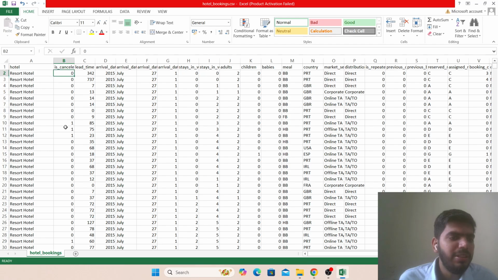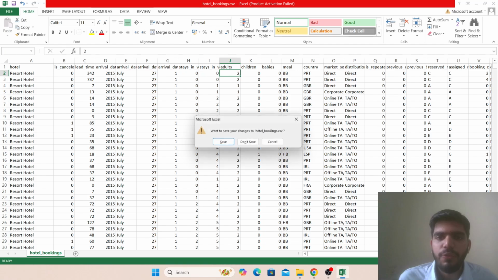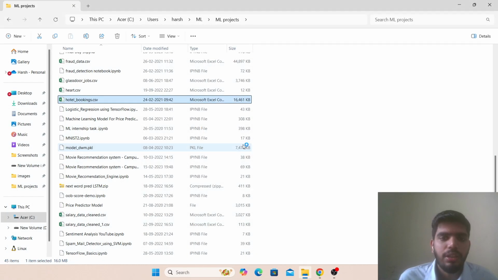So 0 and 1 means no or yes. Lead time, arrival date, arrival month, arrival day, right? Stay in weekend nights, stay in week nights, adults 2, children 0, right? So this is the data. I just wanted to show you how the data looks.